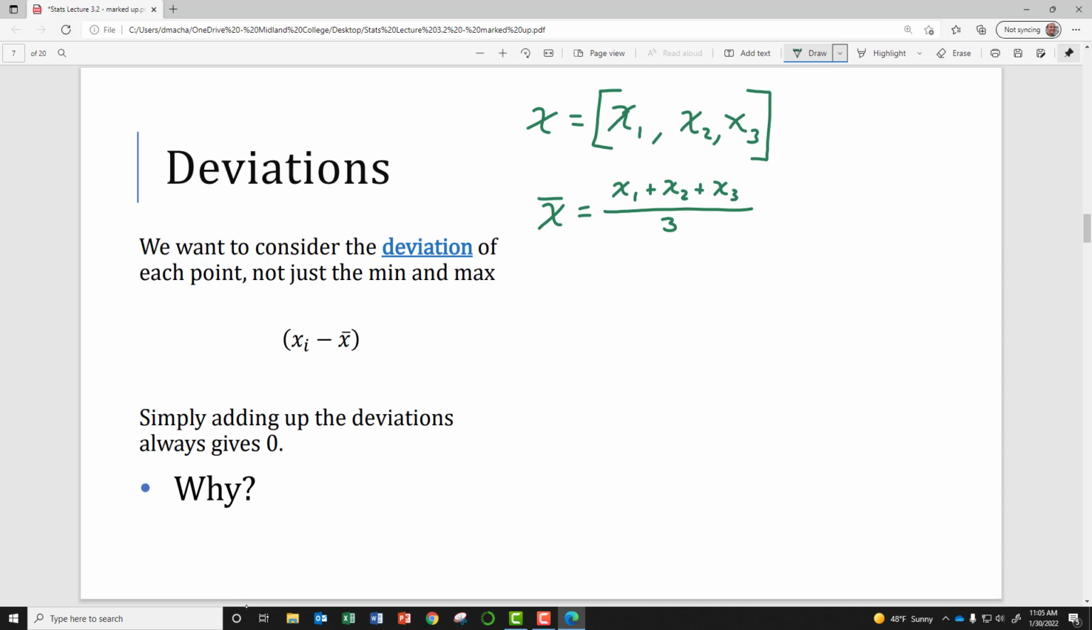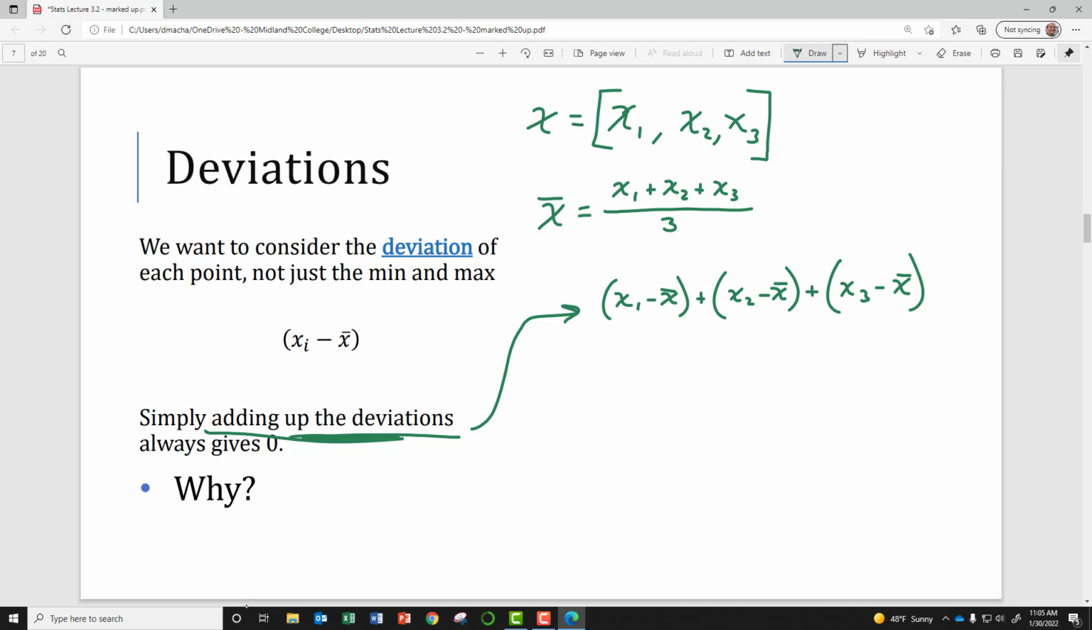And if I were just going to add up the deviations for all 3 of these data points, what would that look like? Well, that would look like the first deviation, x1 minus x bar, plus the second deviation, x2 minus x bar, plus the third deviation, which is x3 minus x bar. And this would just be the sum. That's just adding together all the deviations. But let's remove the parentheses for a moment. And so removing the parentheses, because I'm allowed to do that,